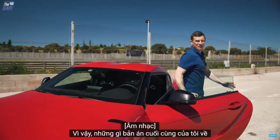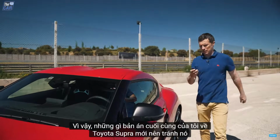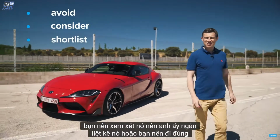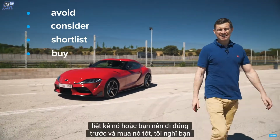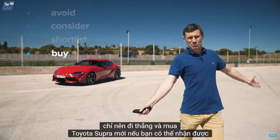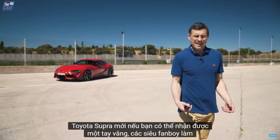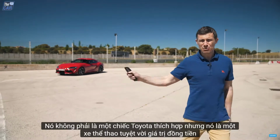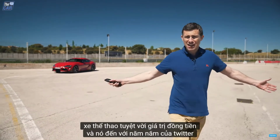So then, what's my final verdict on the new Toyota Supra? Should you avoid it? Should you consider it? Should you shortlist it? Or should you just go right ahead and buy it? Well, I reckon you should just go right ahead and buy the new Toyota Supra if you can get your hands on one. Yeah, the Supra fanboys may go, oh, it's not a proper Toyota, but it's a great sports car, good value for money, and it comes with Toyota's